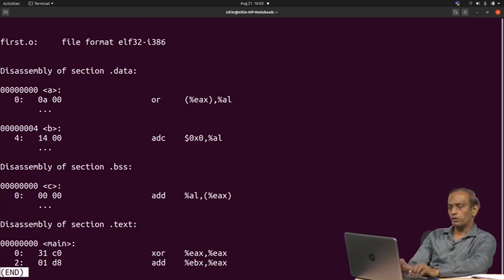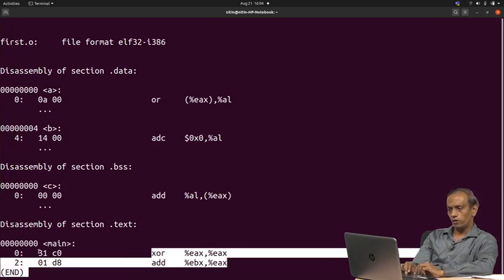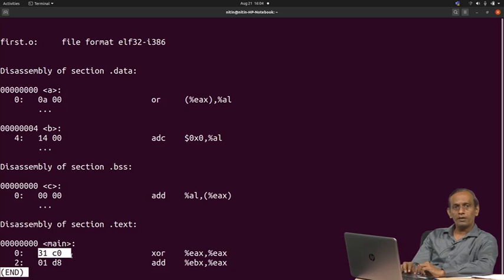Here it started with 0, and this XOR instruction is translated; we got 31C0 for it. Each set of these 2 hex digits is considered 1 byte, then 2 bytes, then this is the 3rd byte. It starts with 0, then 1, then this is 2, which is why this address is shown as 2. This is how your object code is seen.